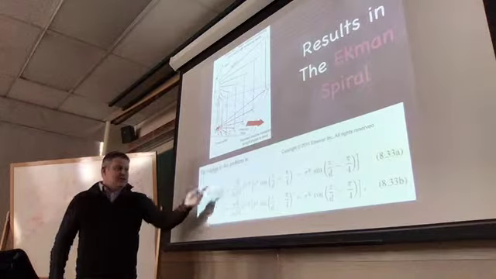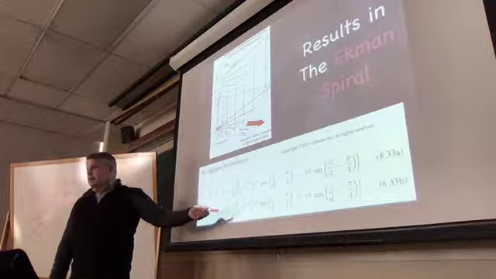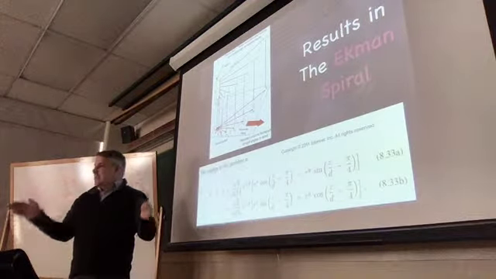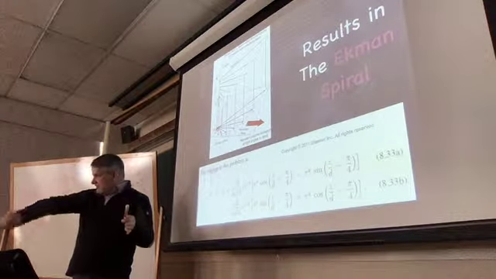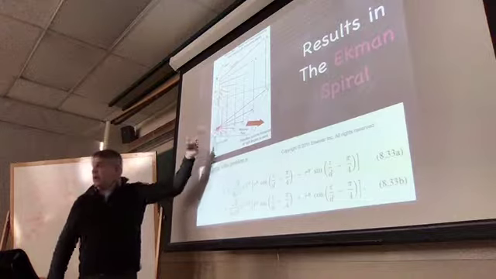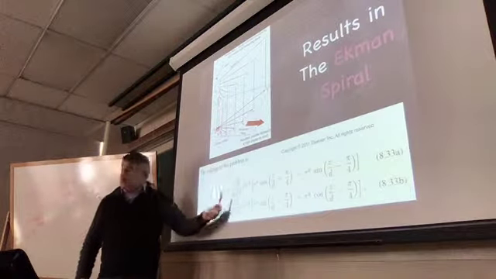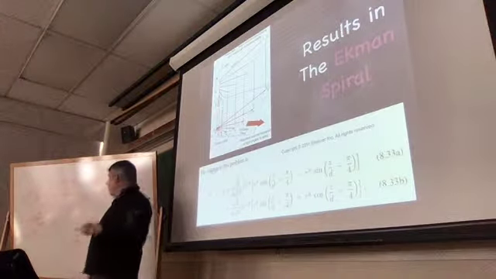But he went home and told his student Ekman, and Ekman came back like a week later with this solution. It says 45 degrees to the right of the wind. It's not quantitatively accurate, but it is qualitatively accurate, and since then people have actually observed spiral-like patterns in the surface shear. But there's one critical assumption that this solution makes, which is not true in the real world, which